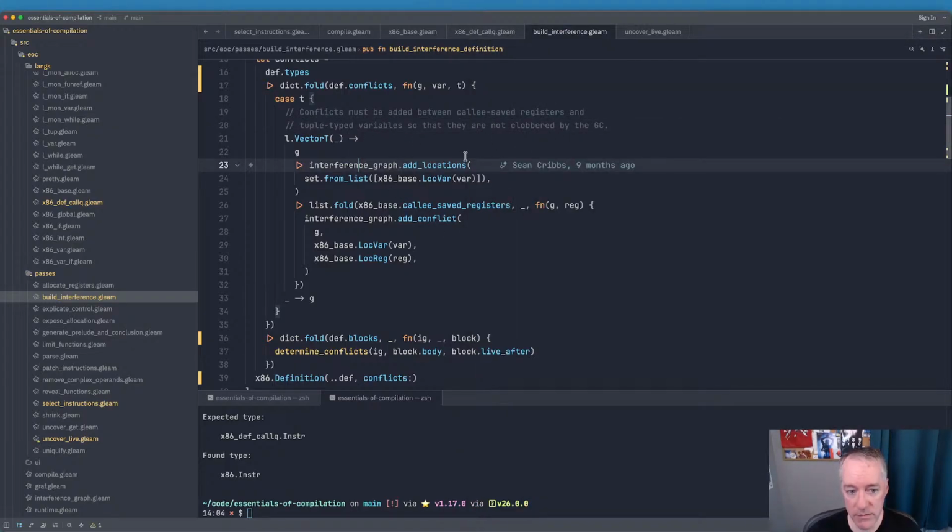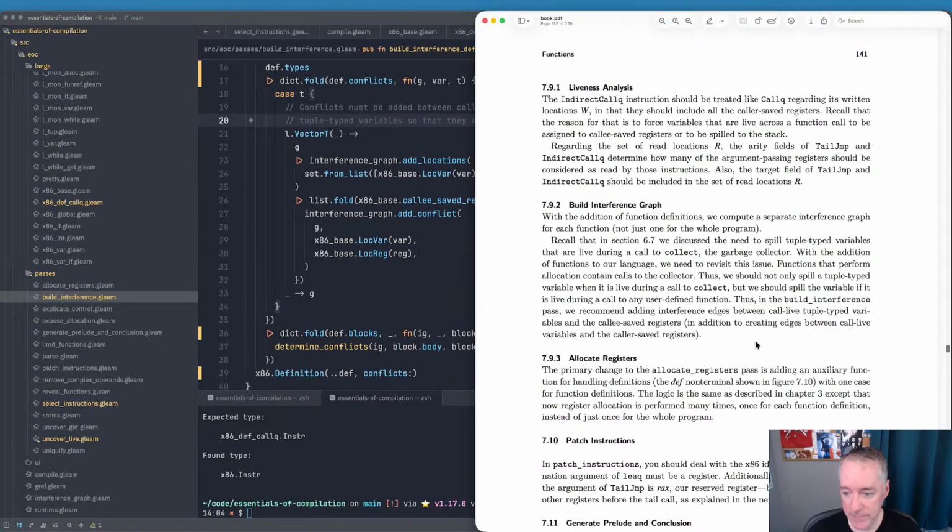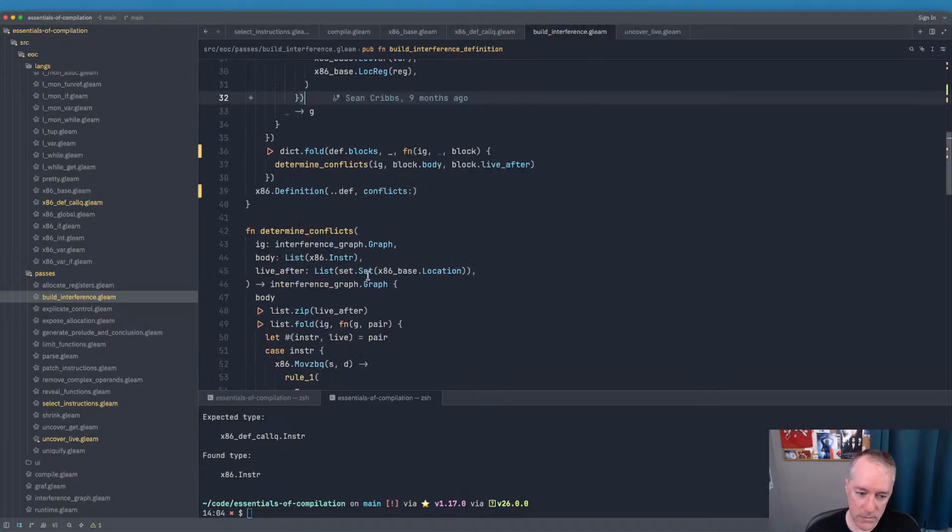So these are, this is going the tuple type variables and the call save registers. Okay. In addition to creating edges between the call live variables and the caller save registers. Okay, so I think that